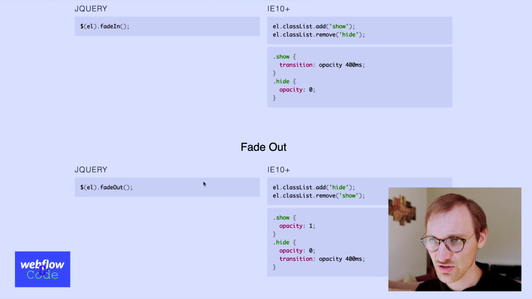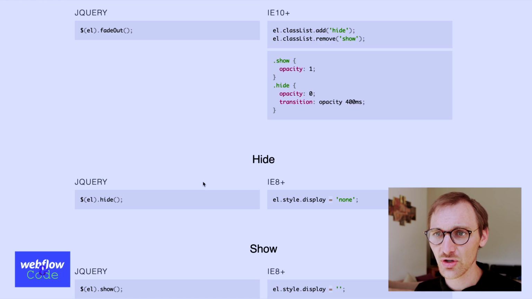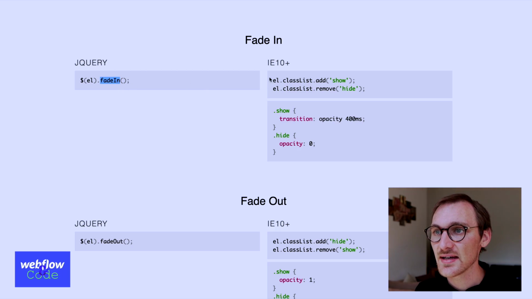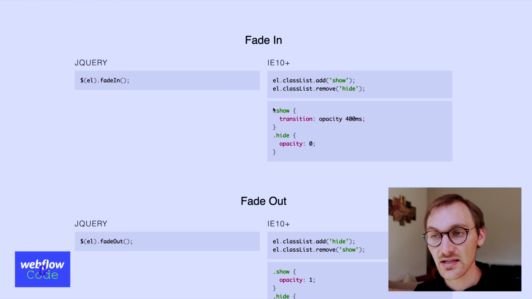You're just adding a bunch of useless libraries for no reason. So hide is literally just set in display none. Now, just really quickly, I don't want to get into this, and I'll be making an episode about this, but you can see that to fade it in, they're adding and removing a class in JavaScript, and then you're using CSS to actually add the transitions